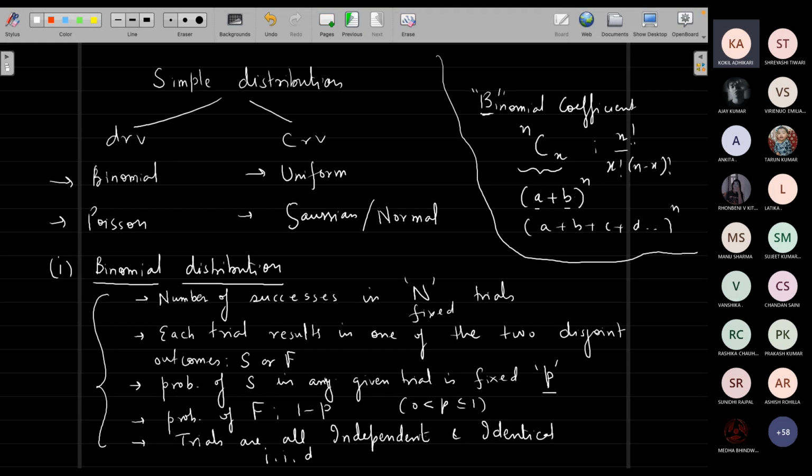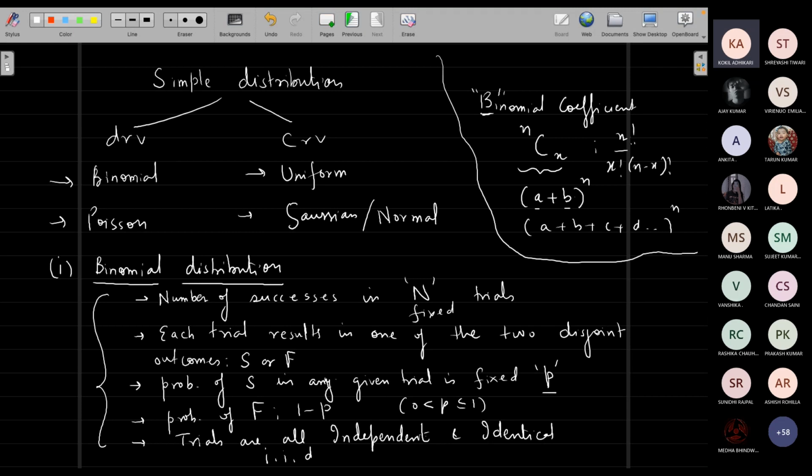Sir, can you please repeat? Yeah, so binomial distribution is applied in those cases where we are interested in figuring out a certain number of successes in some fixed number of trials. Fine. So it's kind of an experiment. What kind of experiment? One in which only two outcomes can come, and the probability of success, we are defining those outcomes as success or failure, we can define them as anything, is fixed in each trial. So I have already given you the toss of a coin.